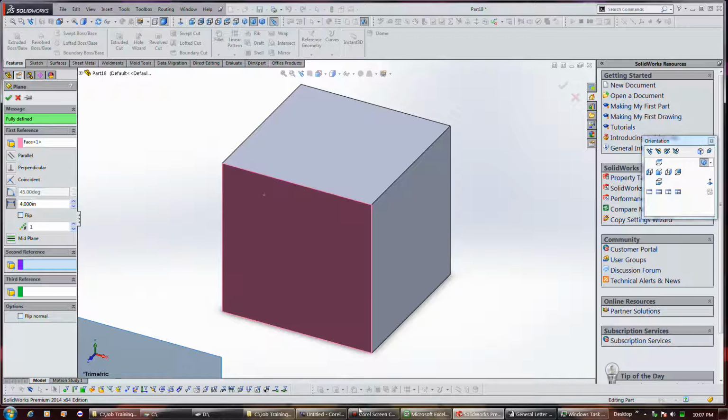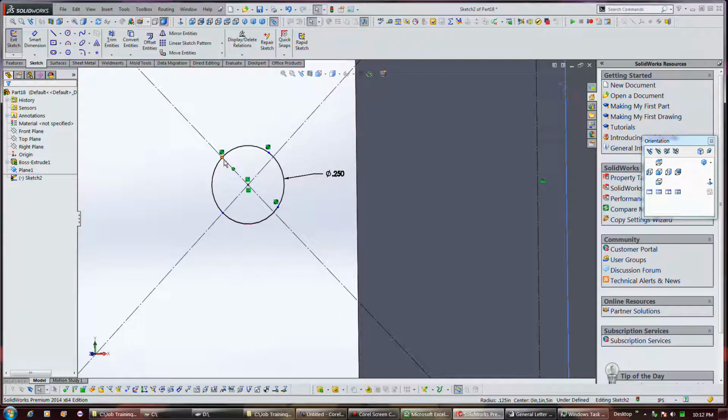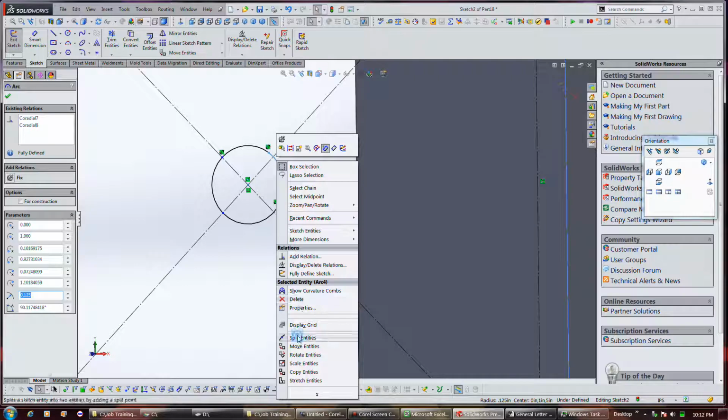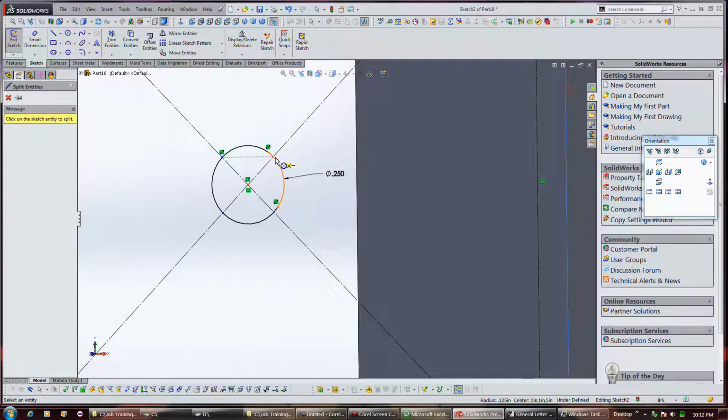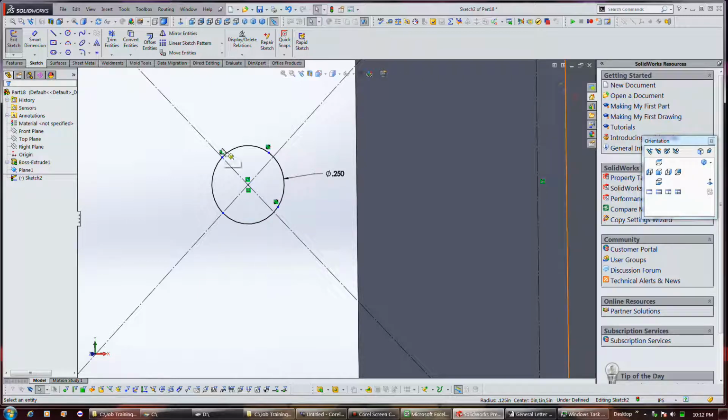So, I was trying to split these entities to being coincident with the construction line, but the thing is that it's really hard to see, because there's a little plus, a little indicator that pops up there. That's how I split these exactly on the line. But at any rate, it doesn't matter because you got to put relations there on it. So